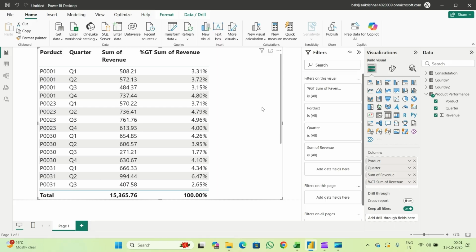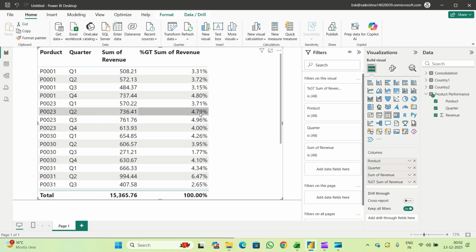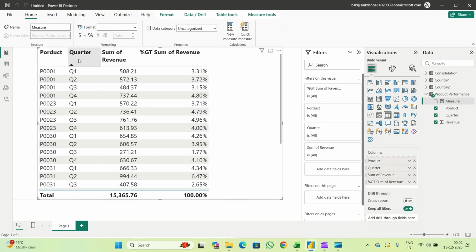Now we need revenue contribution. This is the same thing, it has been populated previously. It's just a very simple approach, but we are planning to create it based on a specific DAX measure. Let's write a measure for it. The revenue contribution, you can call it, or you can call it a revenue share percentage,